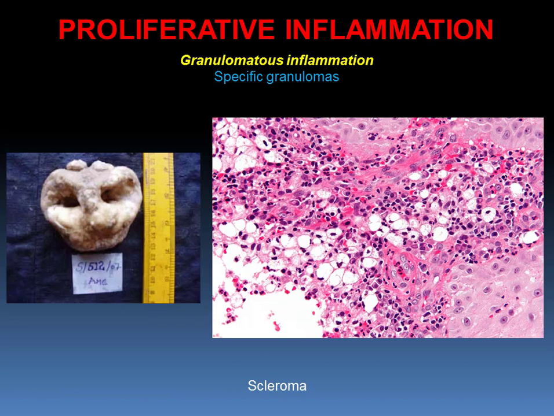Next variant of specific granuloma is scleroma, which is seen in rhinoscleroma. It is an inflammatory disease of nasal cavity, nasopharynx, choanae, larynx, trachea, soft and hard palate. Diffuse or nodular thickening of the skin and mucous membranes, initially with soft but then very dense consistency. It is prone to ulceration.